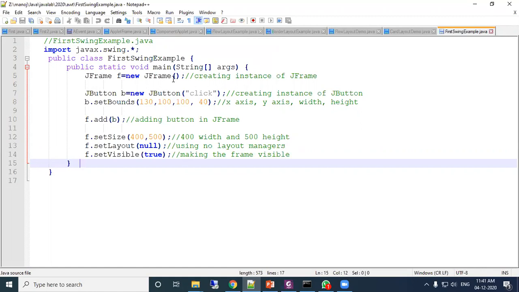These are the four things, and this is just equivalent to your AWT. So now let us compile and execute this first Swing example. This is a Swing program, the main function is there, so using the Java runtime you can run it.